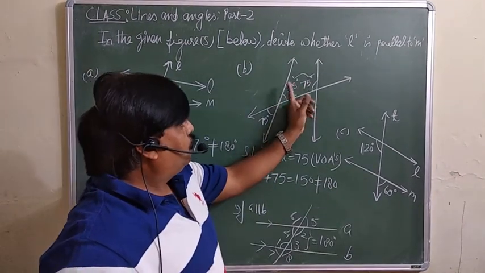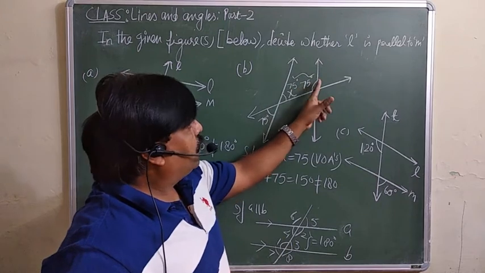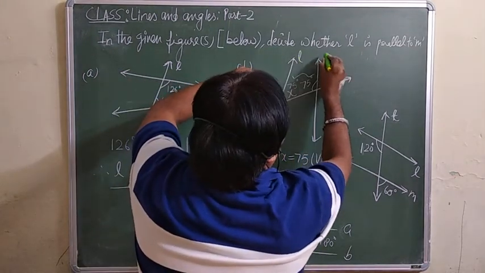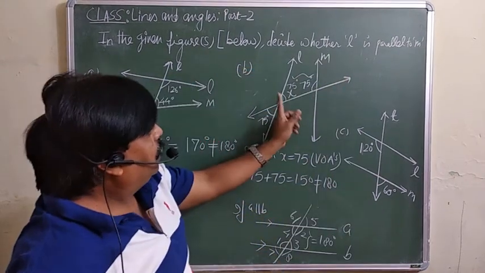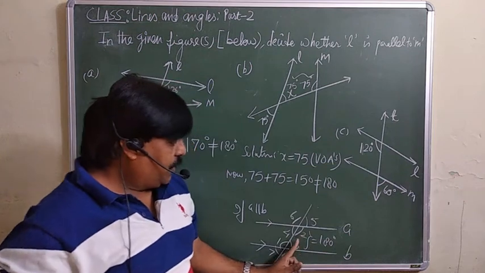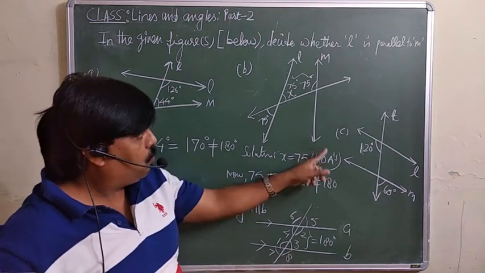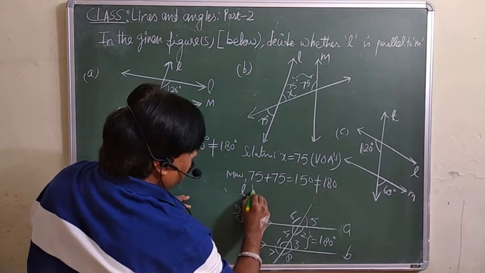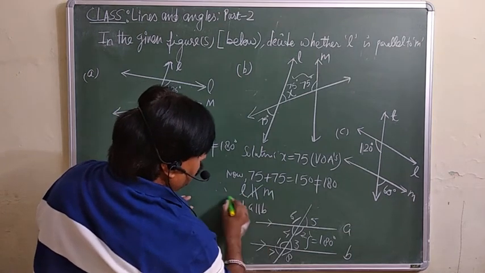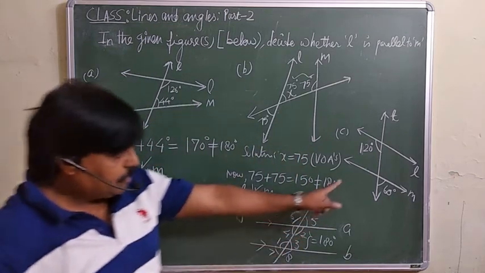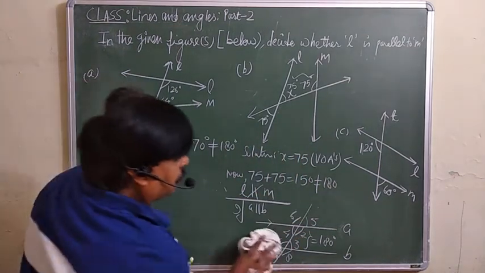If the sum of these two became 180, you could declare these two lines are parallel. You can say this is parallel to this one. To get the names easier, this is L and M here. So the sum of these two is not equal to 180, because the sum of the co-interior angles is not equal to 180. Therefore L is not parallel to M. These two lines are also not parallel.